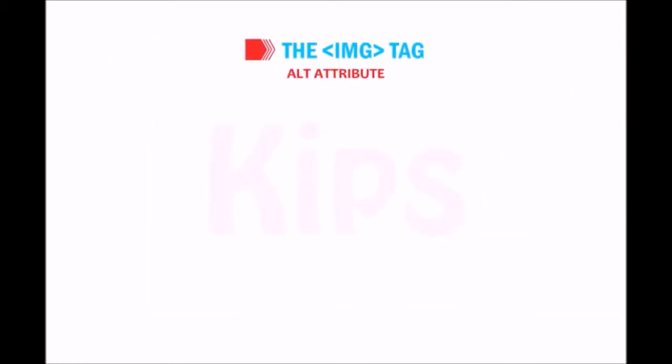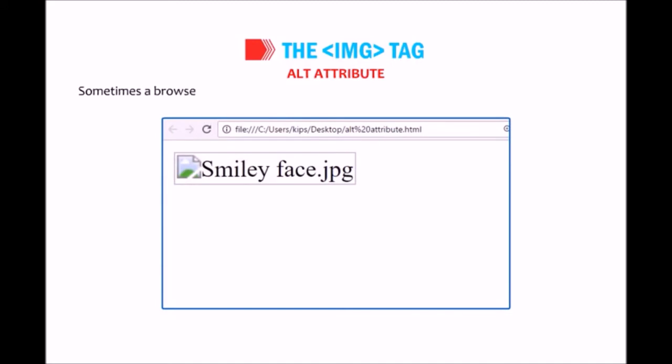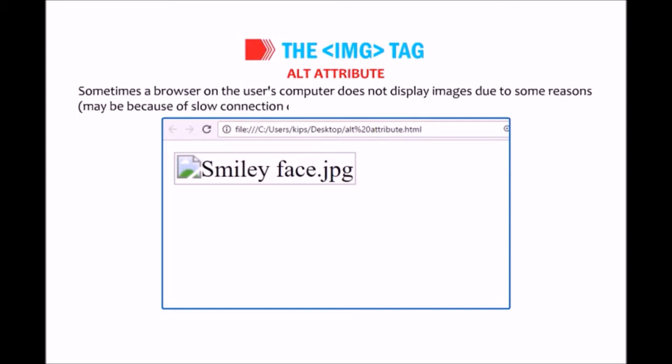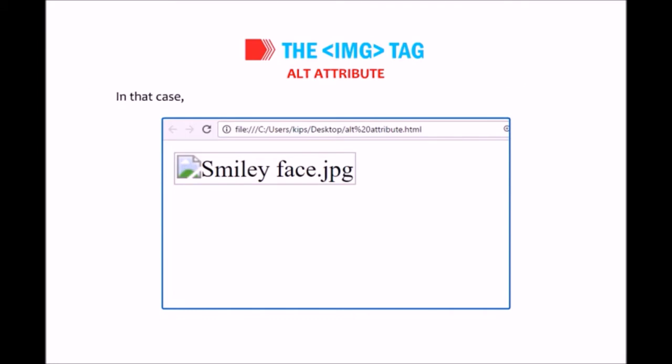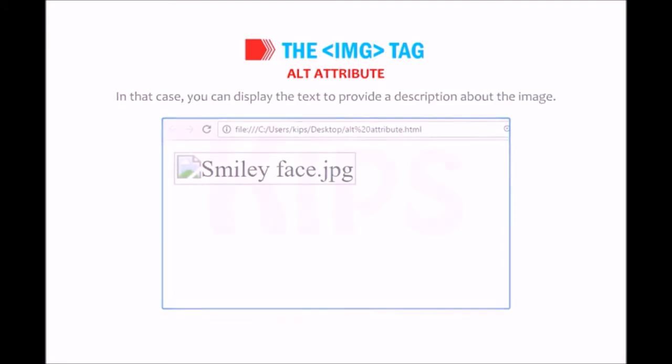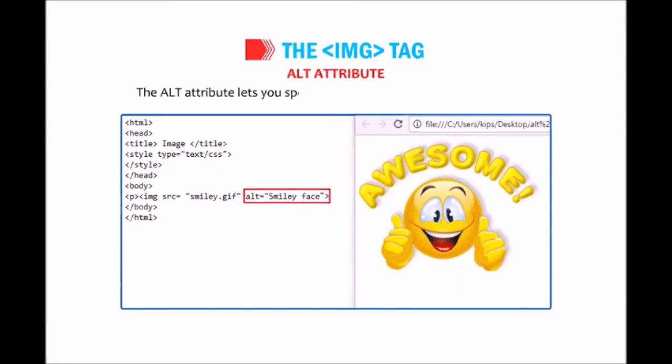Alt attribute. Sometimes a browser on the user's computer does not display images due to some reasons, maybe because of slow connection or error in the src attribute. In that case, you can display the text to provide a description about the image. The alt attribute lets you specify the text as an alternate to the image.